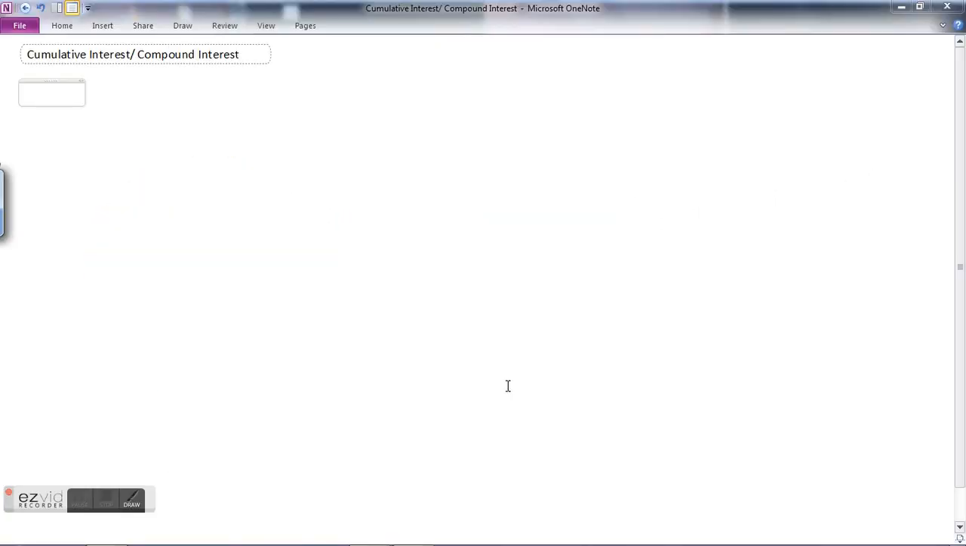Let's understand what is cumulative interest or compound interest. As the name itself suggests, compound interest means interest earned on interest. So interest on interest is known as the compound interest. For example,